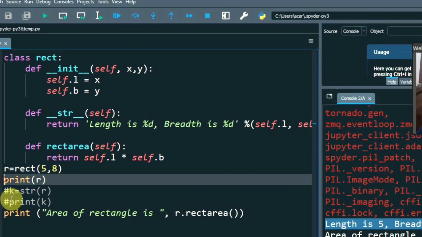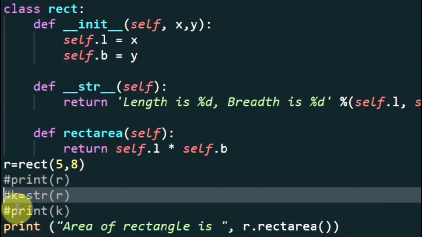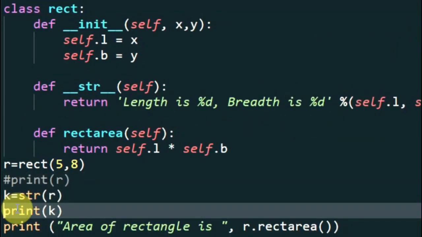Now let's comment out this printing of the object and let's invoke the str method on the object. Let us see whether it is displaying the length and breadth values. See,